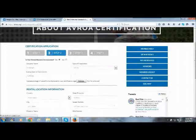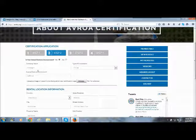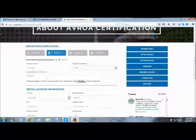Step 2, once again, pretty easy. The first question is, is your business incorporated? It has a yes or no. If your business is incorporated, you just put in the company name, the type of corporation, and the issuing state or government. Right down below there, the next thing is to upload an image of yourself to be displayed on your